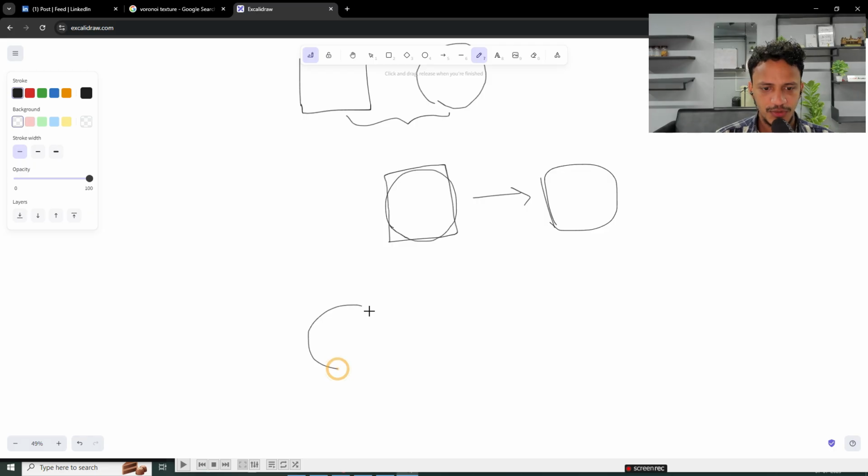Basically what is happening, if you keep a sphere like this and a cube like this,